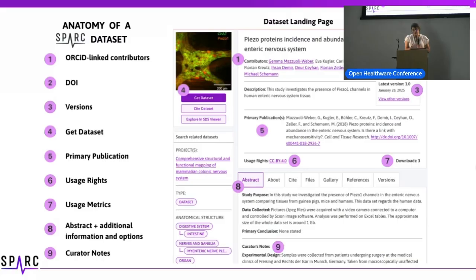And then it always includes information about the experiment in plain English. So we have a study purpose and curator's notes. The curators take a step back because they didn't perform the experiment. And so as they help conform the data to FAIR standards, they also glean a little bit more information from the contributors themselves, to say, okay, tell me a little bit more about that particular process. That's not something I'm familiar with. Let's put that into a way that non-domain experts can walk into.